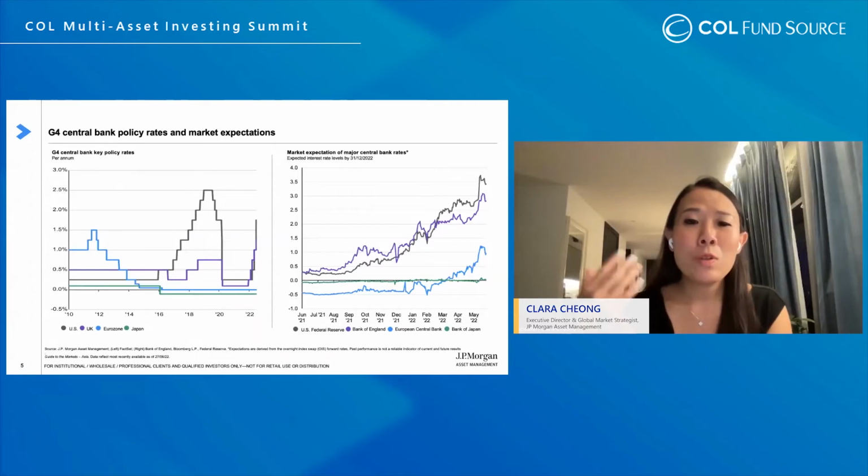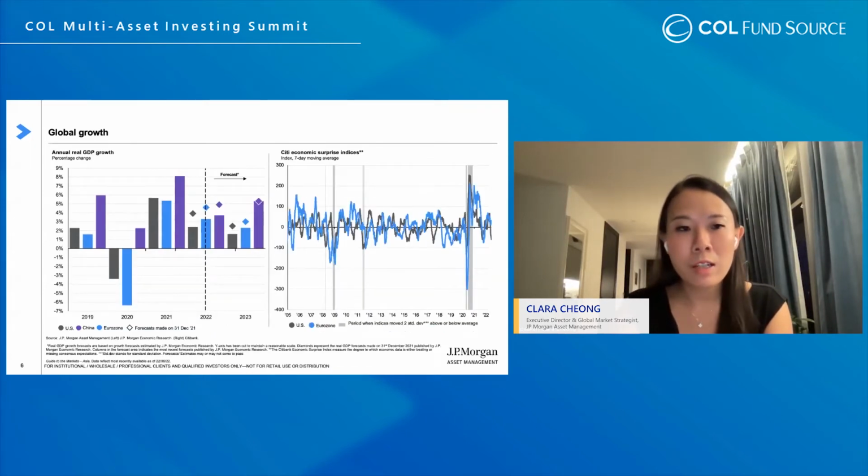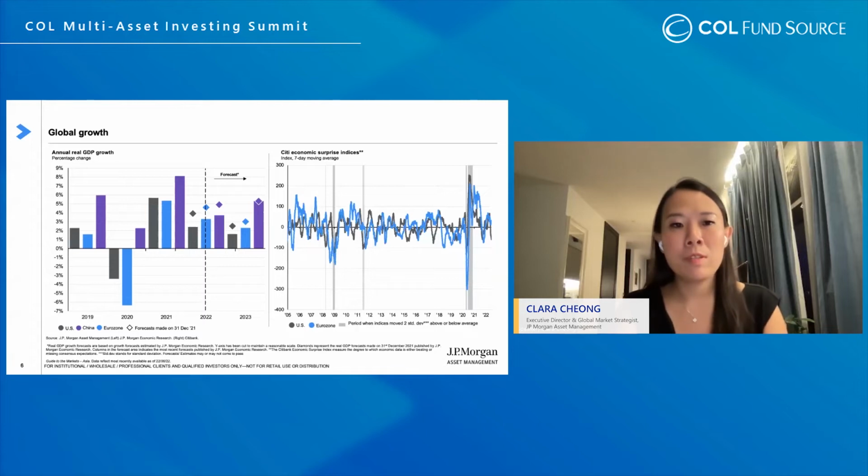So given what we do know about the Fed, making it so clear that they are prioritizing inflation and will act aggressively to contain it, it raises our expectations from a recession standpoint and how quickly that can actually come. So on the next page, to address how quickly a recession can come, we're already starting to see some of these forces hurting growth in the US.